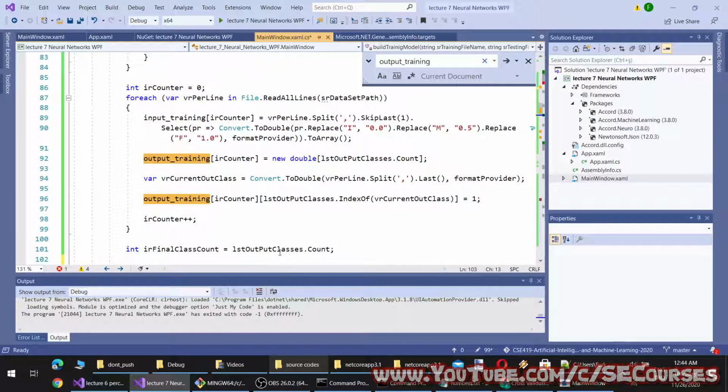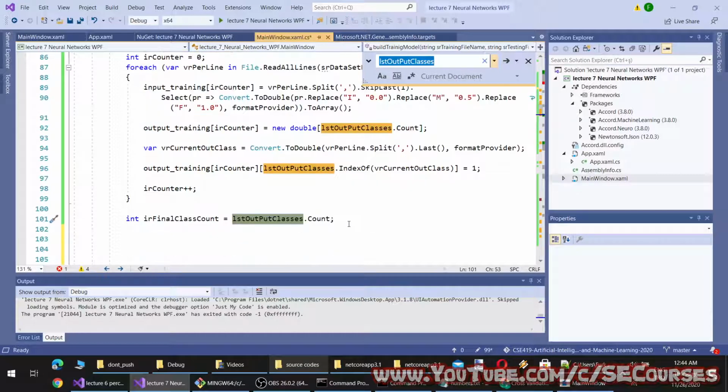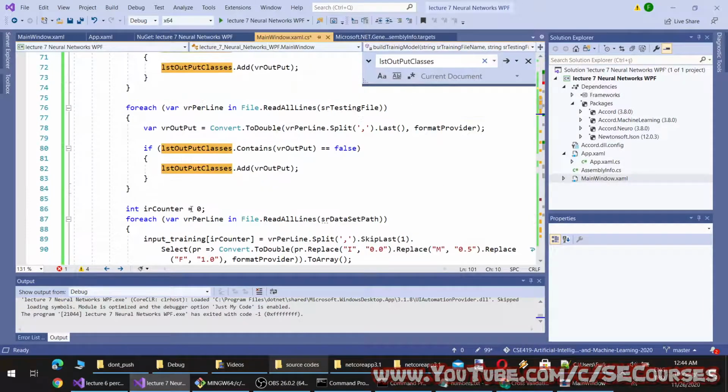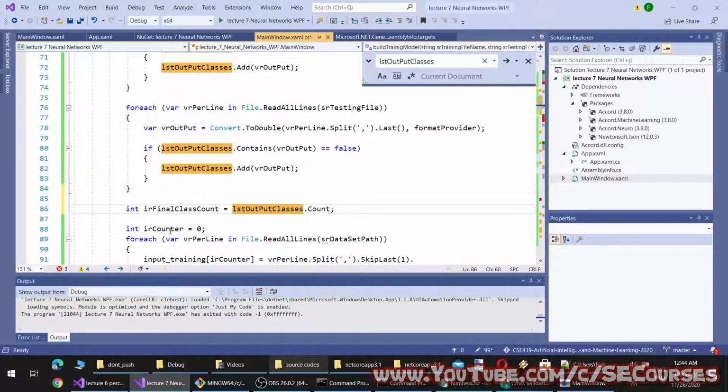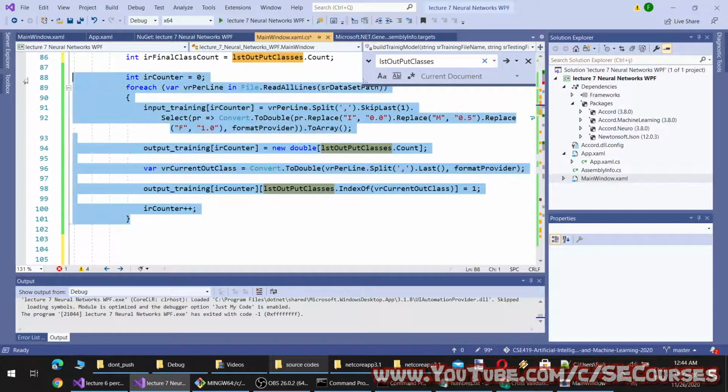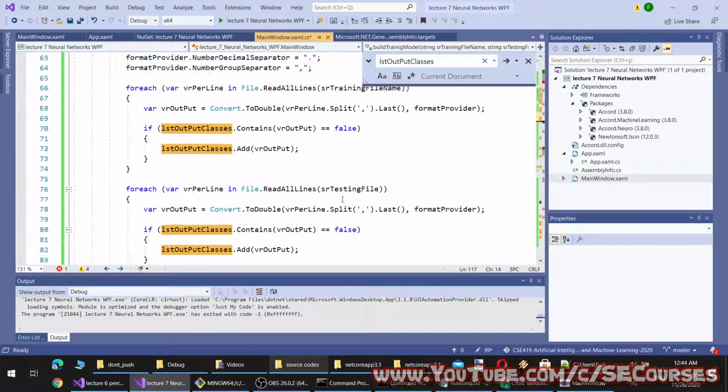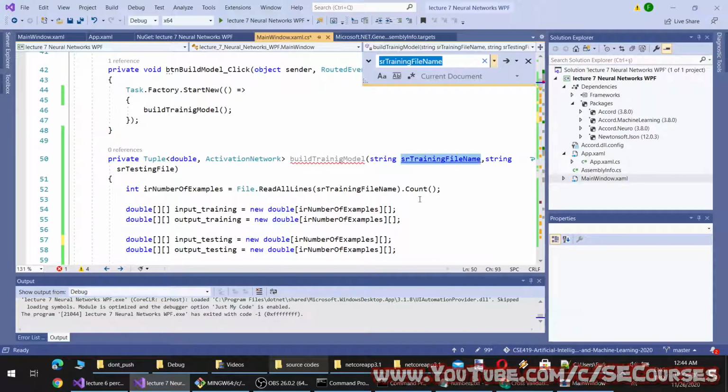Okay, let's remove this to here, and I am just copy pasting this for test as well.